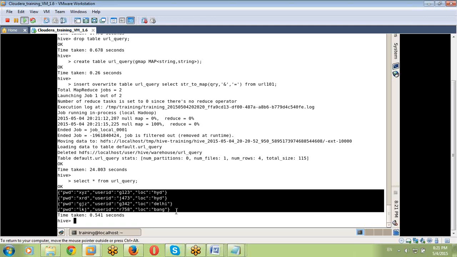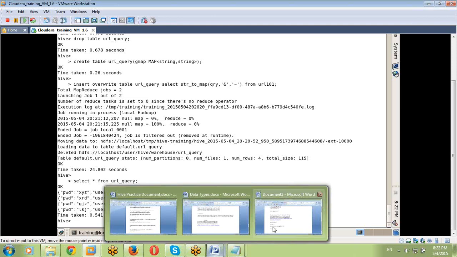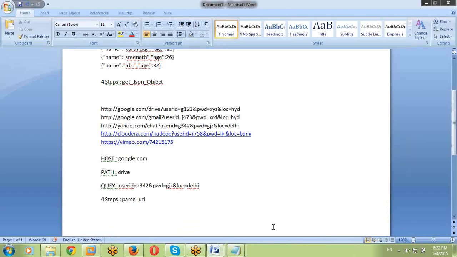Once data is converted into JSON format, we know how to handle JSON data into structure format, our regular approach. Like this, we are converting data into pure structure format. This is the approach. Friends, is everything clear? Any queries regarding log file handling? Maybe in real time we get the chance to handle all types of data, or maybe not.